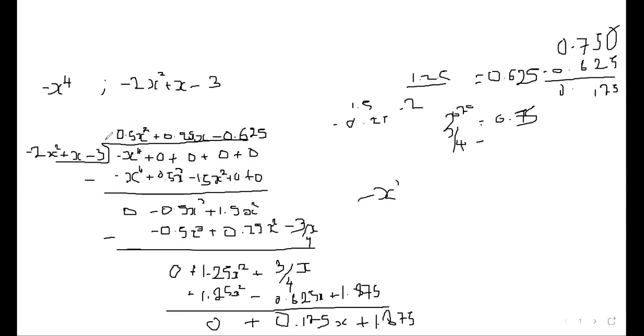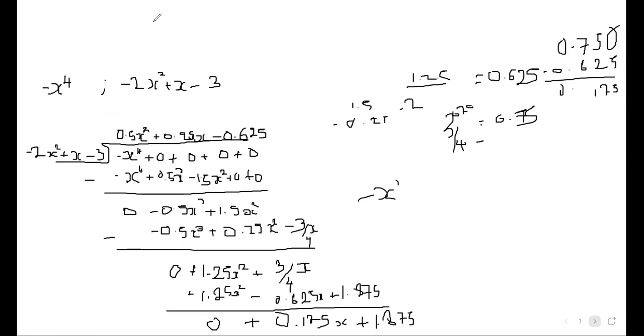Negative x to the power 4 over negative 2x squared plus x minus 3 is actually equal to the quotient, which is 1 over 2x plus 1 over 2x squared plus 1 over 4x, plus whatever this is in fractional form, but let's just use the same,